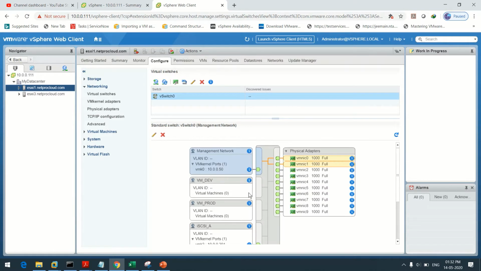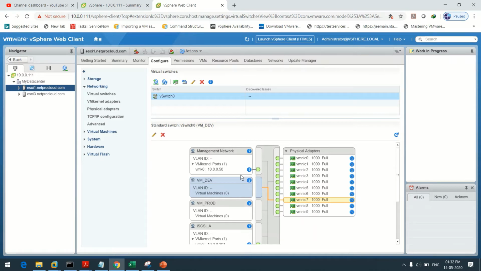So let us delete everything except the management network. So at present my management network is taking two ESXi physical adapters, 0 and 1. So vmdev, delete it, remove selected port group.